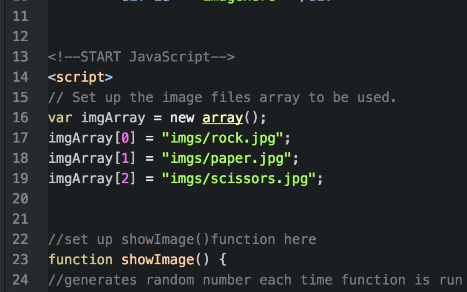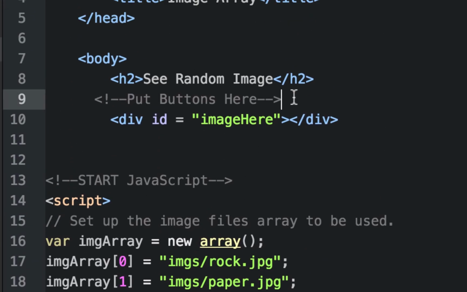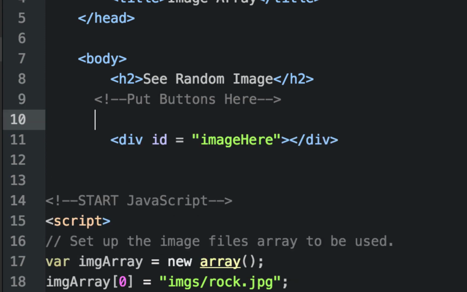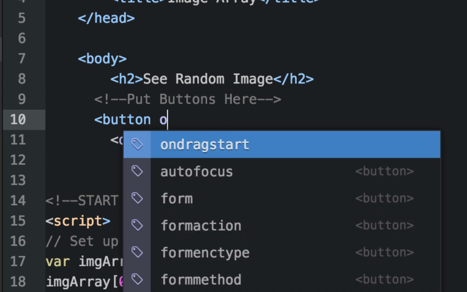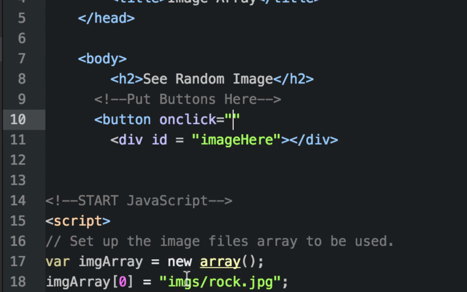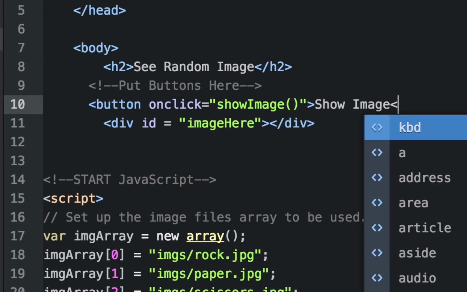Now remember, we got to put a button up here, so it says put buttons here. So you could either go underneath it or remove that, and we're just going to use the button tag, and it's bringing up the button tag, and we're going to do button, and we don't have to use any ID but we do have to use the on click, and here's on click coming up here equals, and we're going to put the function in there. So I'll just put the function right in the quotes in the on click, and I'll close up that opening button tag, and then I got to put the label on it. So the label for the button is just going to be show image, and then I'll use my closing,